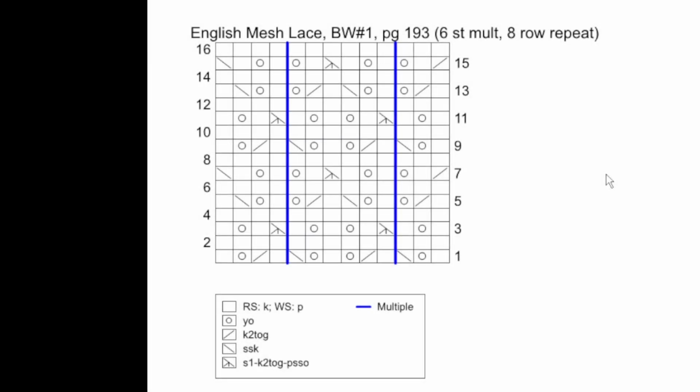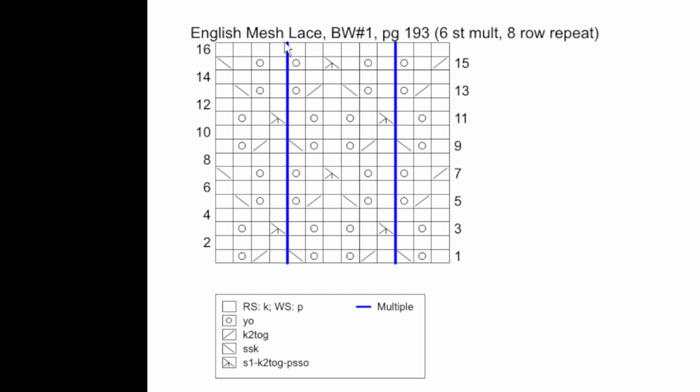This chart is another lace stitch pattern. It is showing the wrong side rows as well. All wrong side rows are purled across. This has a different double decrease being used. This is an SK2P, where the uppermost stitch leans to the left, and that's indicated with the symbol chosen to represent that decrease.